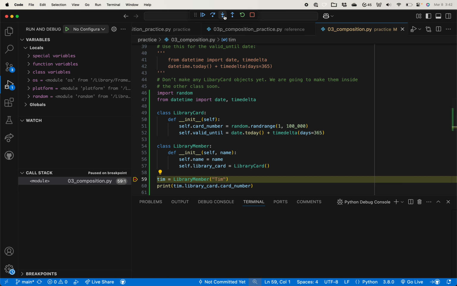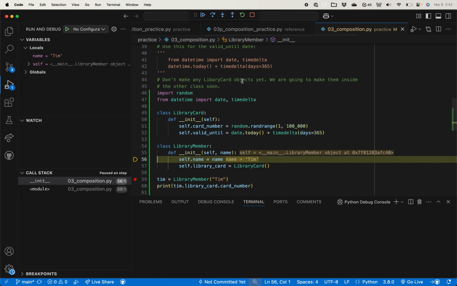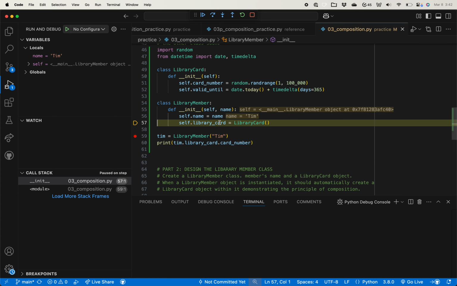Okay, so I'm going to step inside of here, which calls the initializer over here. So we're going to assign a variable, and this is variable of name with the value of Tim inside of our object. And then we want to store a library card object inside of here. So to do that, just like when we made a library member object by calling the class name here, we're going to make a library card object by calling the constructor here, right? So I'm going to step into this,